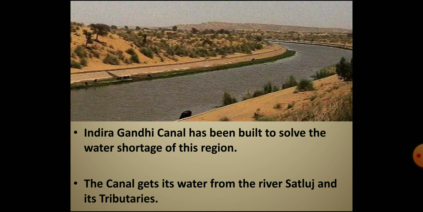As the desert area has a great shortage of water, the government has tried to solve this problem and provide water to the people of the desert by building a canal. Children, a canal is a human-made waterway, or you can say an artificial waterway, that is used for irrigation, travel, etc. And the water for a canal usually comes from a connecting river, lake, or ocean.